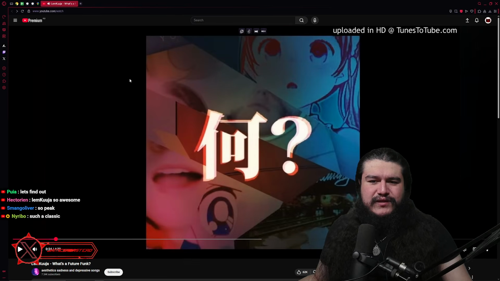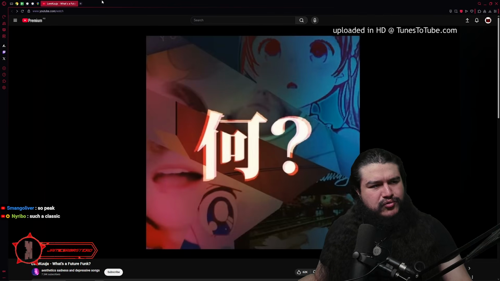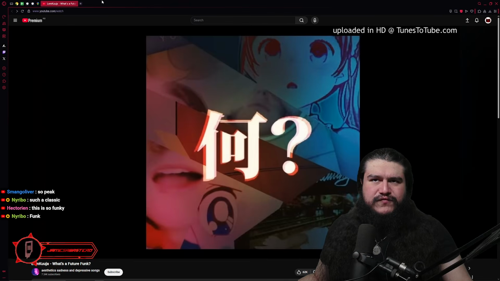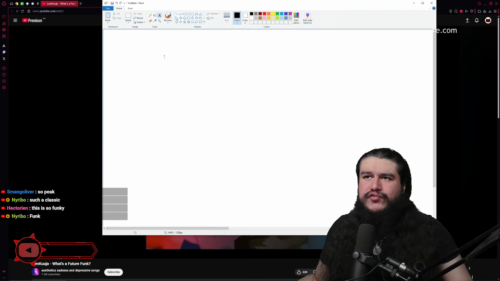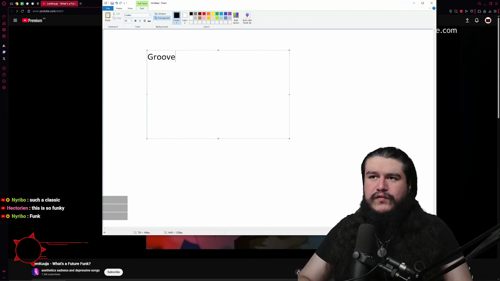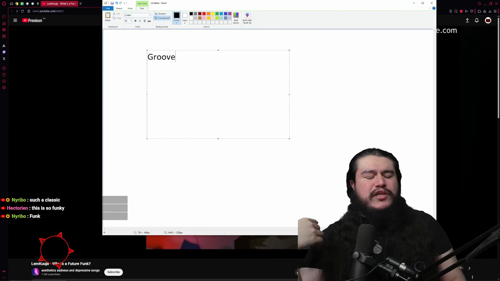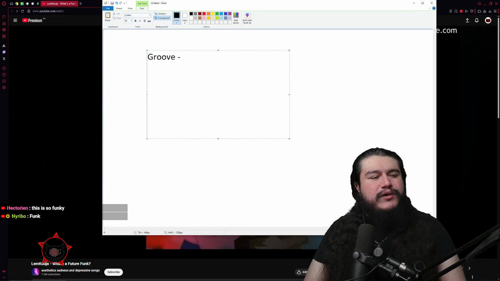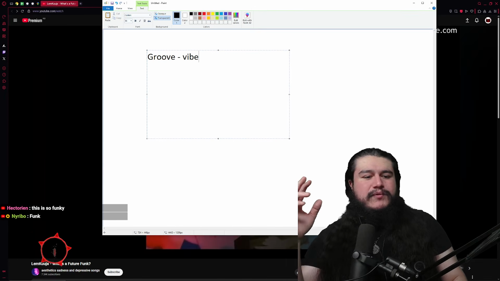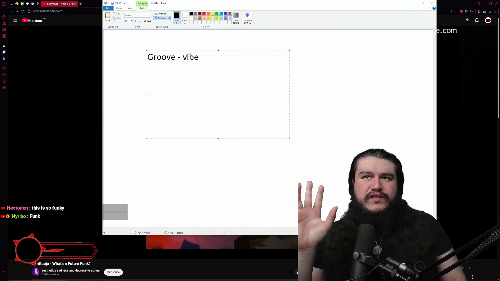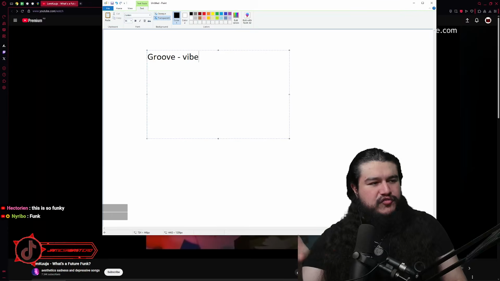Okay, so we then bring in the actual drums, we have a little bit of bass, and we bring in the guitars, playing some good old funk. So, one of the things about funk that separates it from so many other genres is that funk relies on something called groove. Groove is the old term for what we nowadays call vibe.